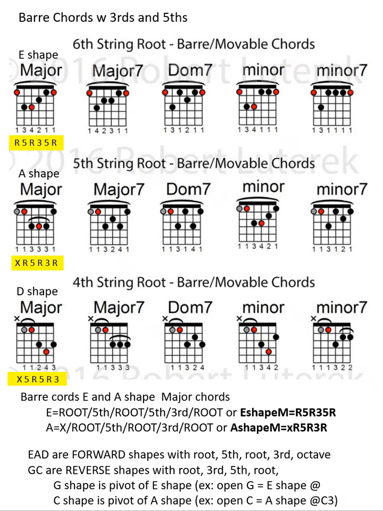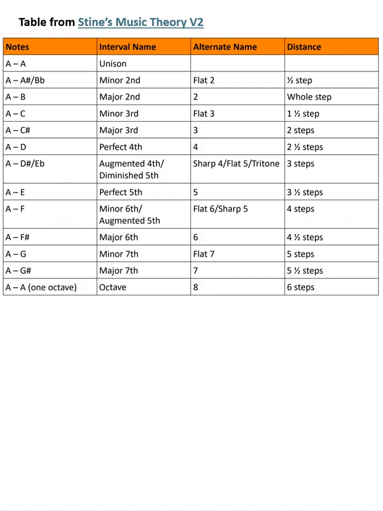Okay? And the same thing is true for an A shape major chord or a D shape major chord. For all the major chords, there's always a root, a third, and a fifth. They're just played differently depending on the shape. Okay? So another way to think about this, and this is from one of Steve's tables, is